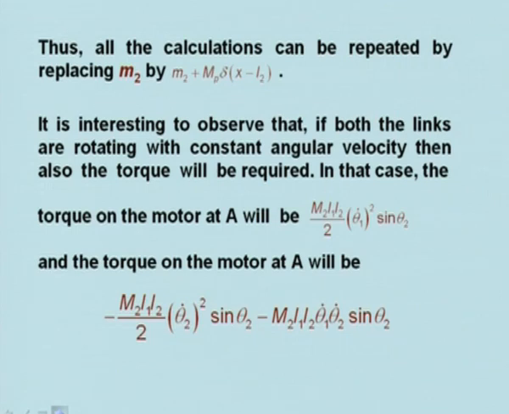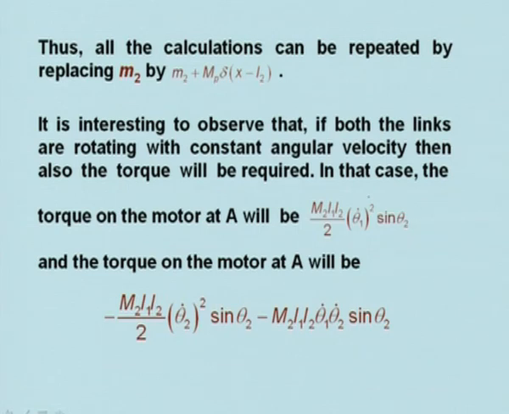Now it is interesting to observe that if both the links are rotating with constant angular velocity, then also torque will be required. Suppose both are moving in a single link, it is not required, but in this case it is required. In that case, the torque on the motor at A will be M2 L1 L2 by 2 theta 1 dot dot square